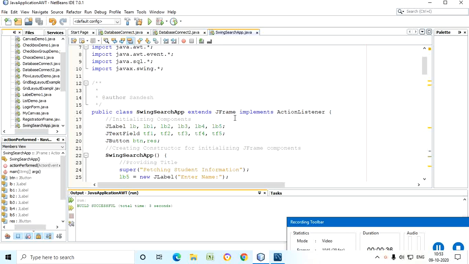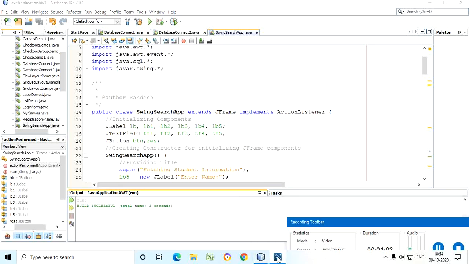One thing is very clear: if you want to search in a database, your application has to connect with the database. It can be MySQL, it can be Oracle, but your application has to connect with the database. My application is present here and it has to connect with the database. I am showing this on the screen.